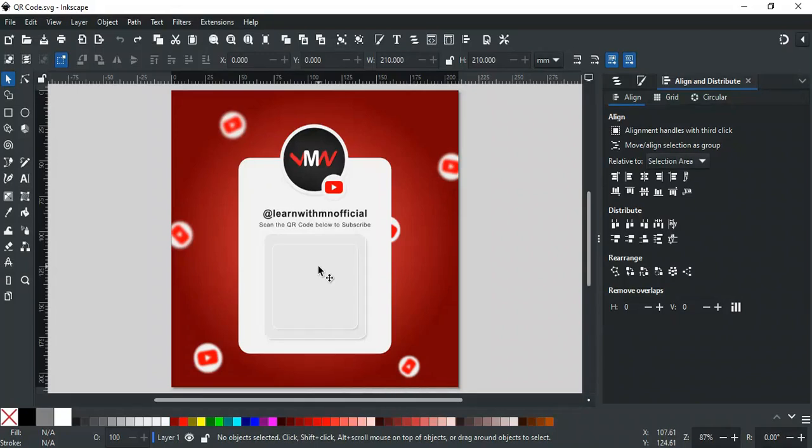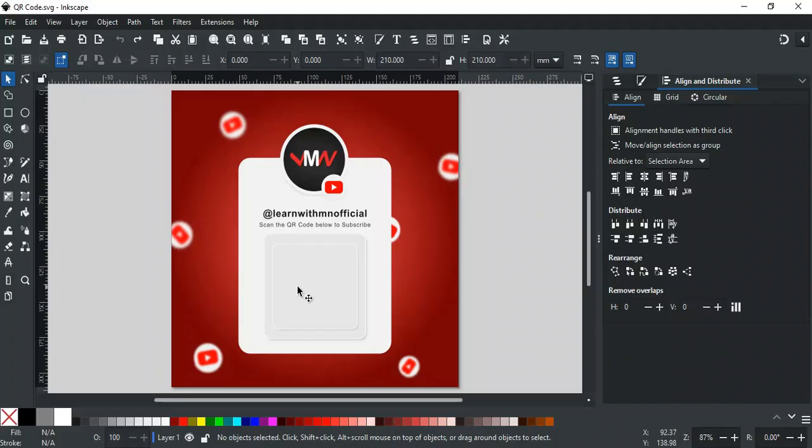In this video, you'll learn how to create a QR code in Inkscape. Let's say we have this design, and we want to place a QR code here, linking to our YouTube channel. There are many online platforms for generating QR codes, but they have limitations. Whereas, Inkscape offers a built-in extension to create QR codes without any scan limits, expiration, or third-party tracking, giving you